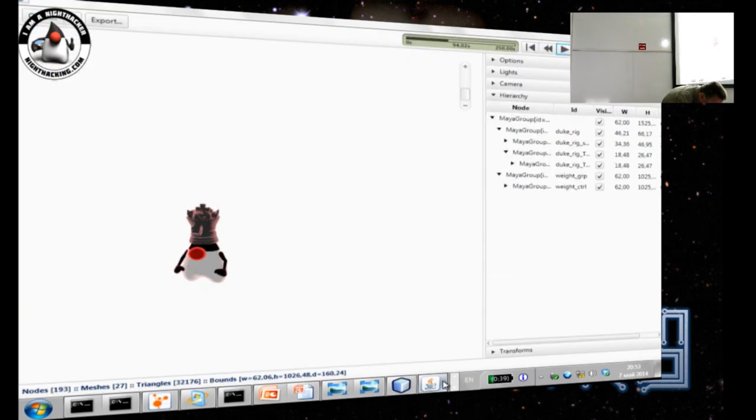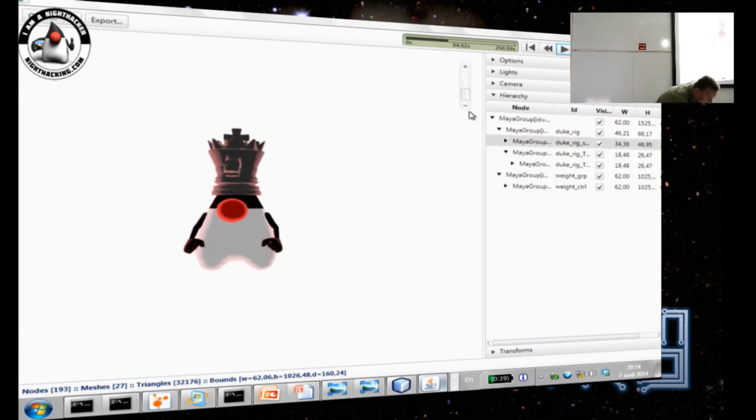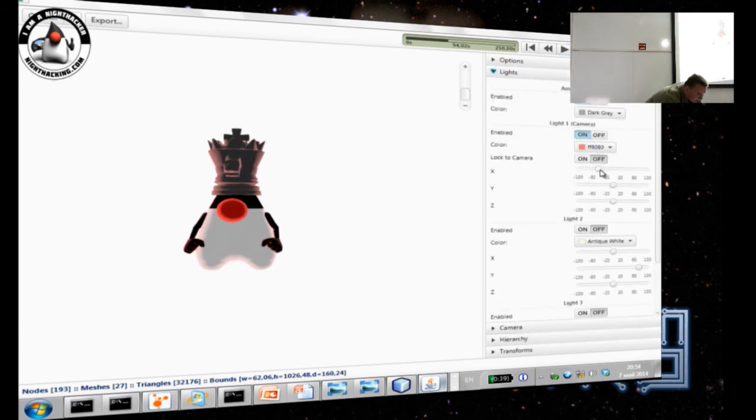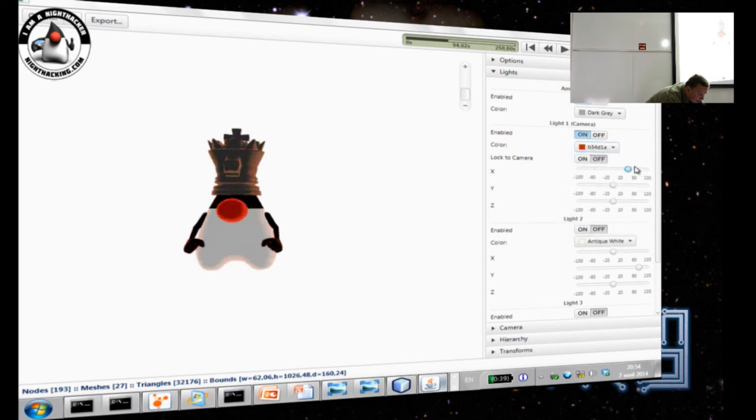Am I still running? Yes, I am. So this is an example of bad lighting here. We can play with the lights here. You can change the lights in a 3D viewer as well, so you can move lights.